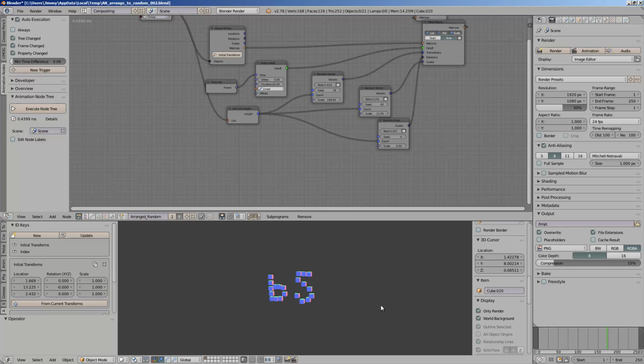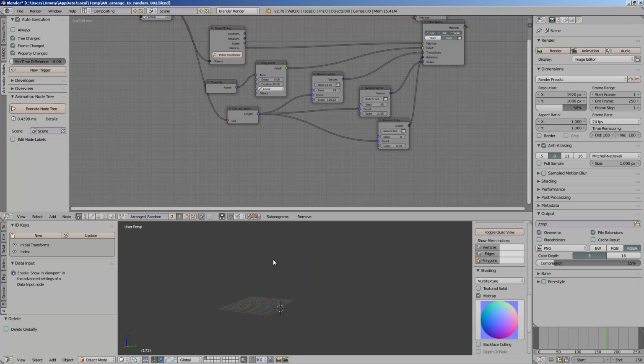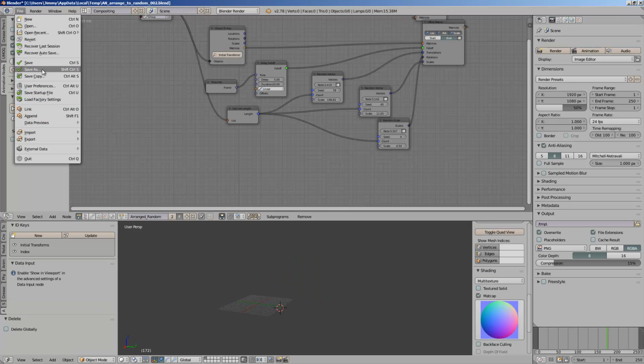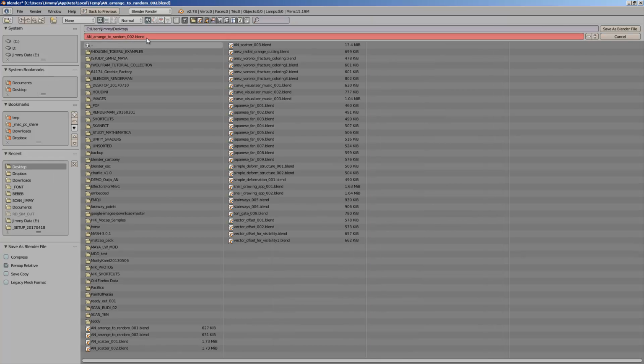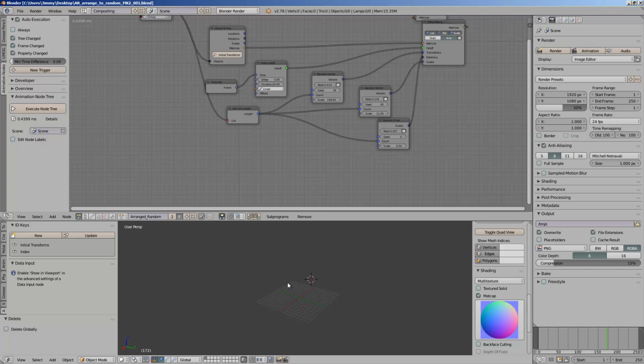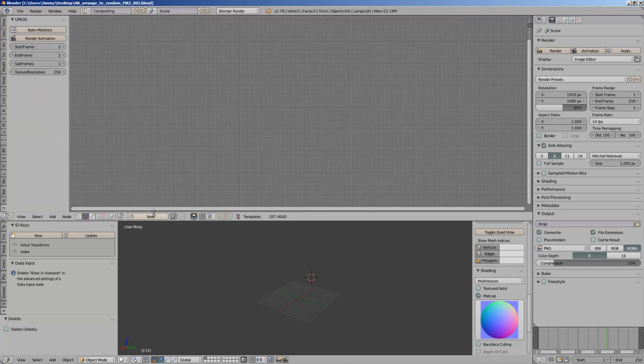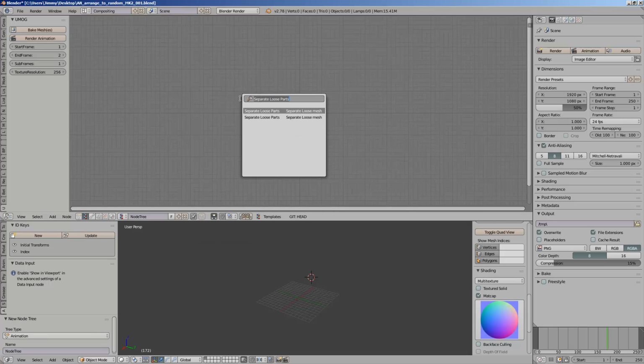So I'm gonna delete all of this in the scene, turn off only render. I'm gonna make sure I have nothing in the 3D scenes. I'm gonna save this real quick. So this is a more advanced version, this is MK2. So instead of starting manually, I will actually go to Sverchok, and here I will create some kind of arrangement,